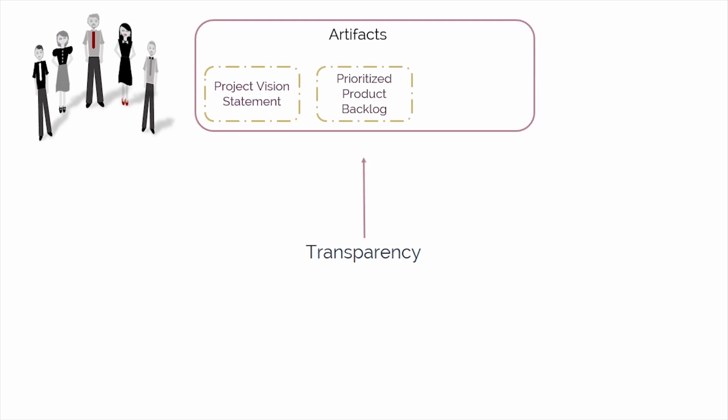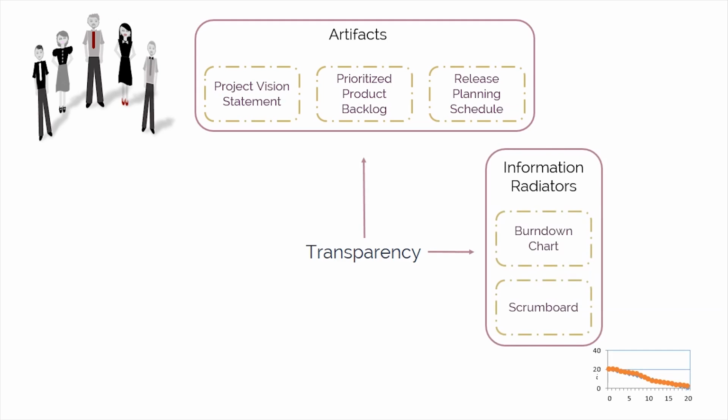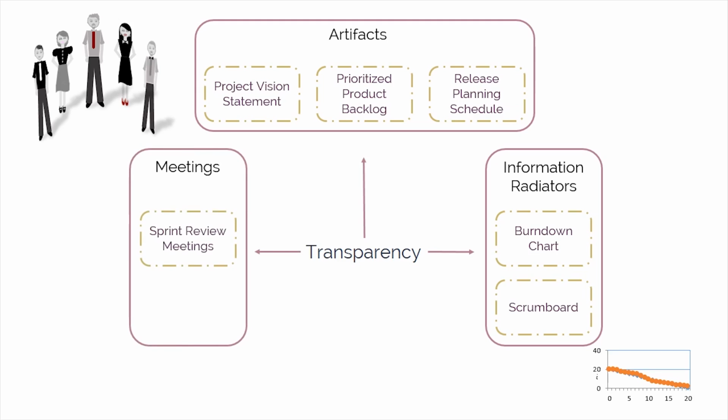the team. The release planning schedule, which may be coordinated across multiple Scrum teams. Information radiators, such as the Scrum board and burn-down charts, which make a team's progress clearly visible to all. And daily stand-up meetings conducted during the Conduct Daily Stand-Up process, in which all team members report what they've done the previous day, what they plan to do today, and any problems preventing them from completing their tasks in